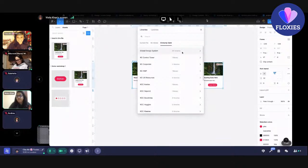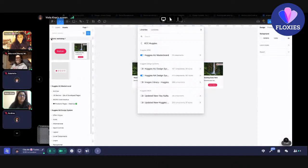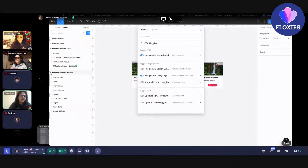So there are 54 libraries here. We enable these libraries based on what we need for the different types of projects. That's really cool, and you guys can see there are huge, huge libraries. And just to show you what the version looks like, here is